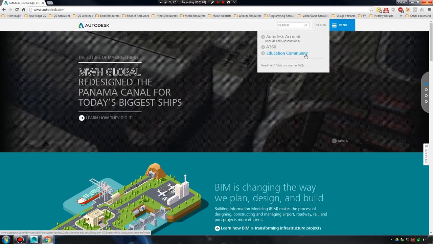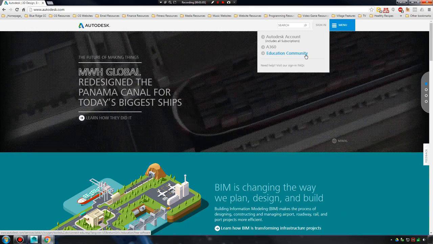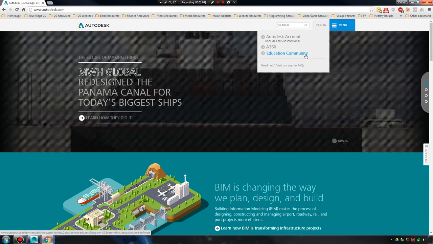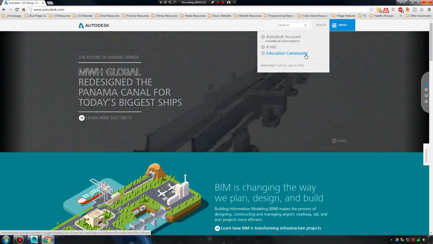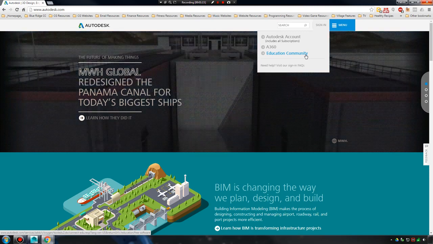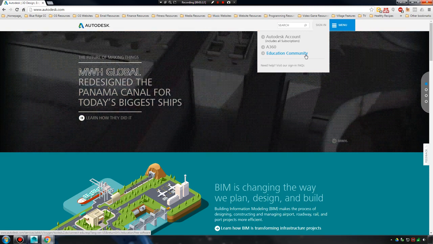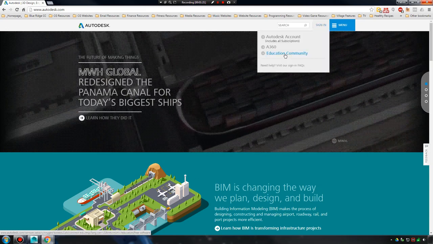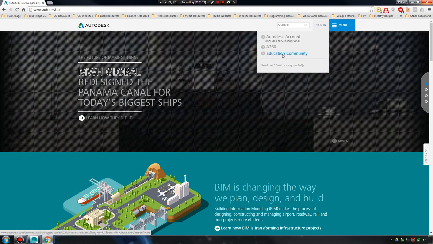This process is going to be for downloading Maya in case you want to have it at home or you're taking this class solely online. So it'll probably be a good idea to have the program at home if you're going to be working outside of class. So if we go to sign in and select education community right there,